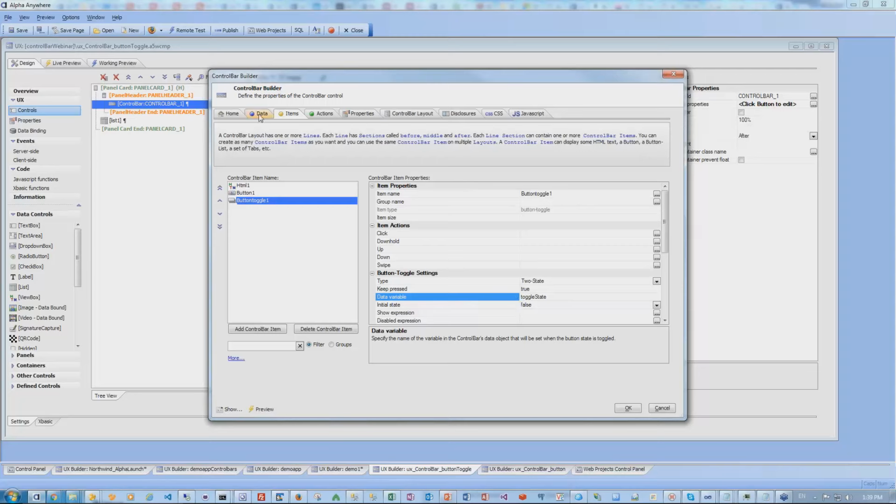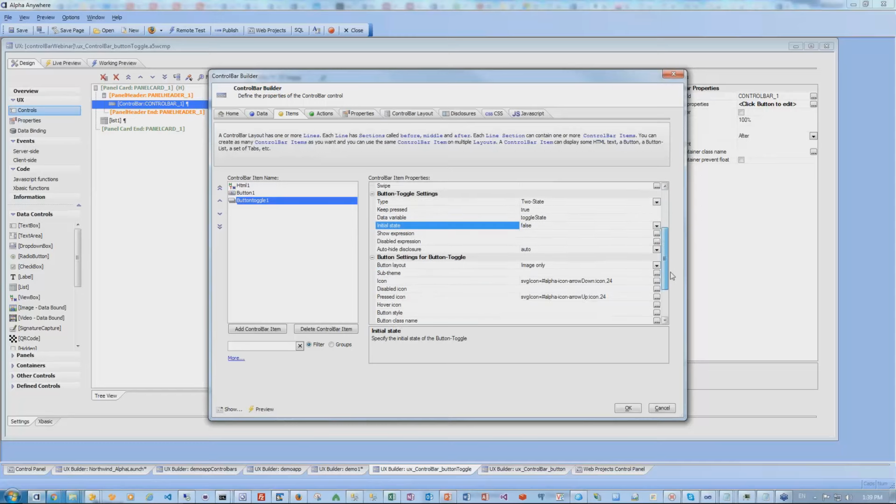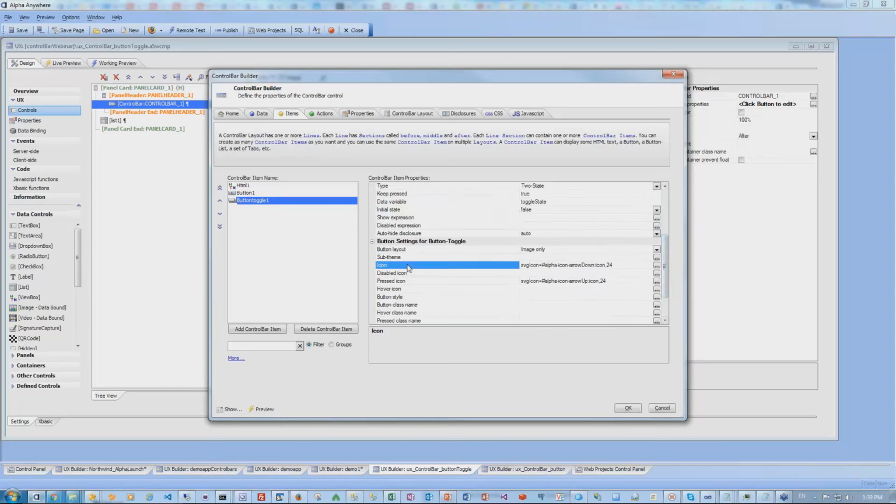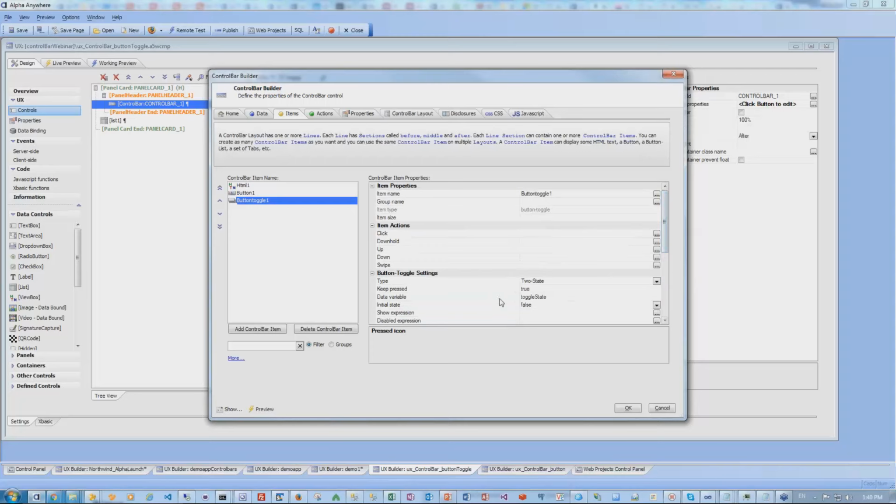So we've set its initial value to false over there. We've specified that we want this icon when it's in its unpressed state and this icon when it's in its pressed state. So we want the down icon when the button toggle has not been pressed, and then the up icon when it has been pressed. So this is basically what the toggle does. And essentially what this toggle button is doing is ultimately just simply setting the value of a variable called toggle